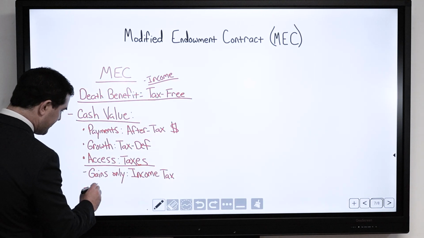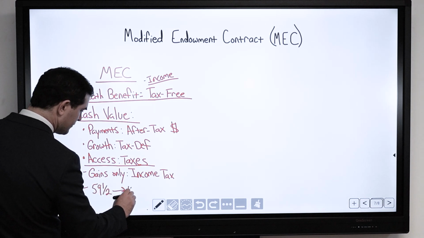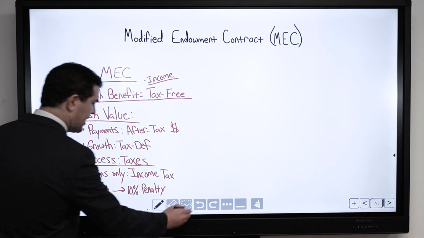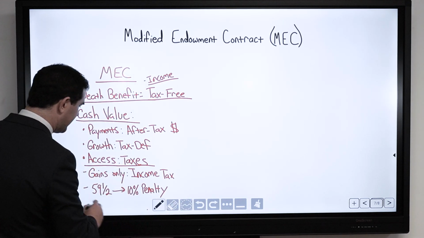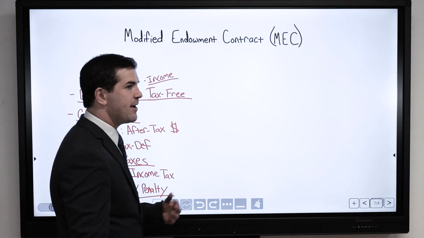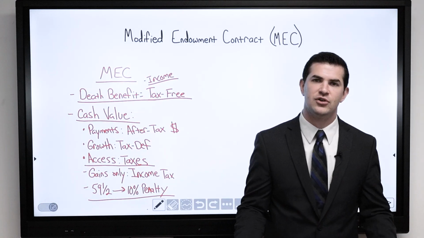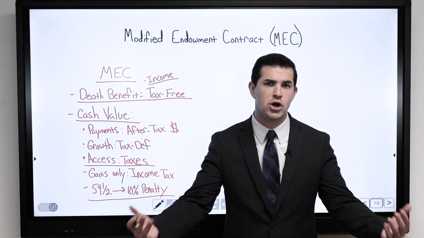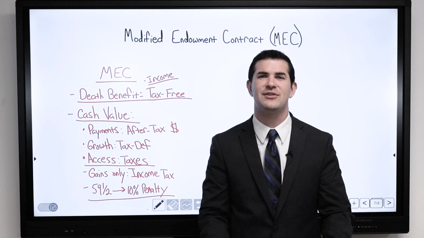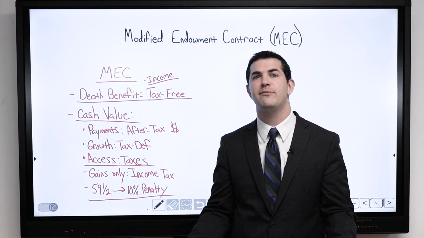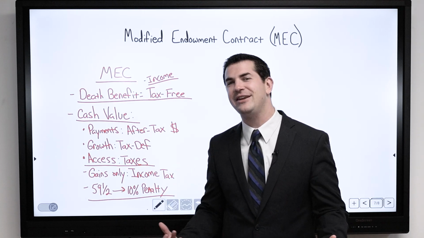Now, if I touch the money prior to age 59 and a half, I have to deal with an additional 10% penalty tax. Not fun at all. So in short, if I am purchasing a cash value life insurance policy for cash accumulation, I have a desire to borrow and repay, I want to use the policy over time, a modified endowment contract will likely ruin a lot of my plans or having the ability to use it.